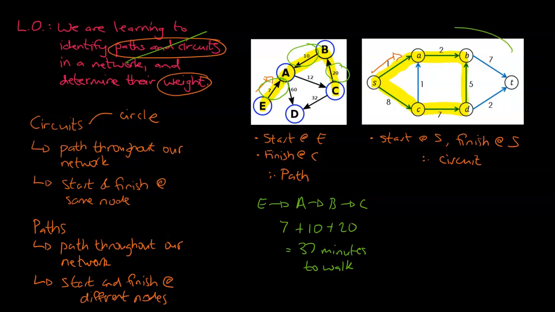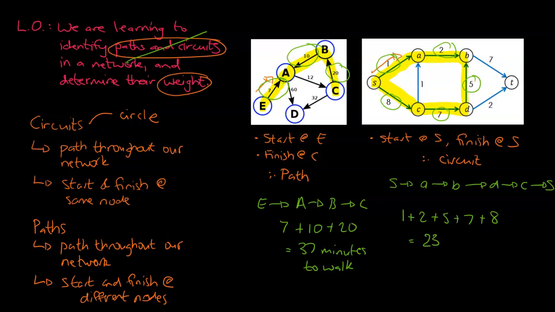So let's have a look at the same for circuits. It doesn't matter that it's a circuit. You still calculate the weight the exact same. The way we're going to describe our route is we're going to go S to A, over to B, down to D, across to C, and then finishing back at S. And the time is going to be 1 plus 2 plus 5 plus 7 plus 8. And that there combined is 23 minutes